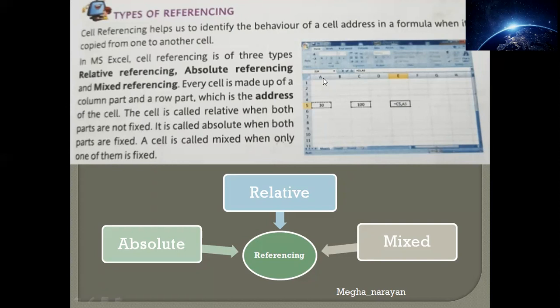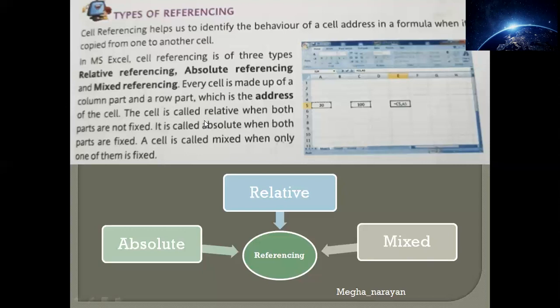Address of this cell probably would be A5. In the case of this one, it will be C5, and in the last one it would be E5. The same way, if I'm talking about this cell, it will be D along with the number of the row, that is 9. So it will be D9. The same way you can have the address of all the other cells that are present.